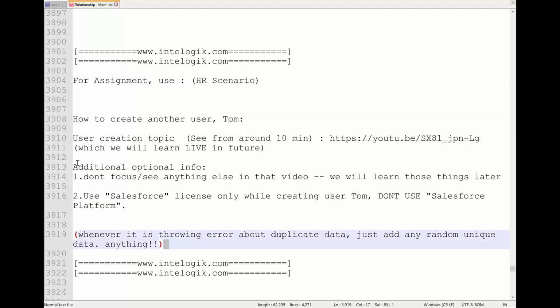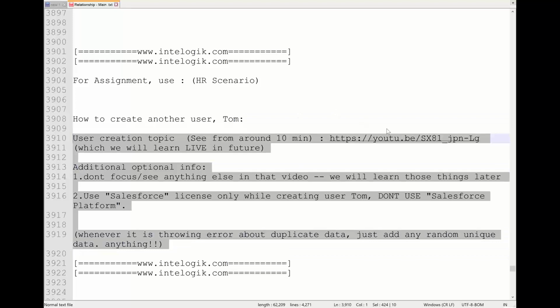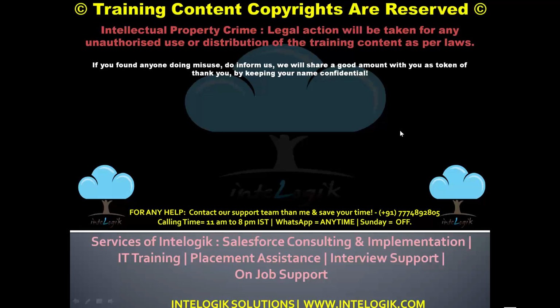I will send you the steps, follow the steps, and you can arrange another user to show as your manager for the time being, the way I showed Tom as my manager. Apart from that, now give me an example from your industry, from your business, from your market, or from any industry where self relationship can be used. Tell me something from your knowledge of the market.